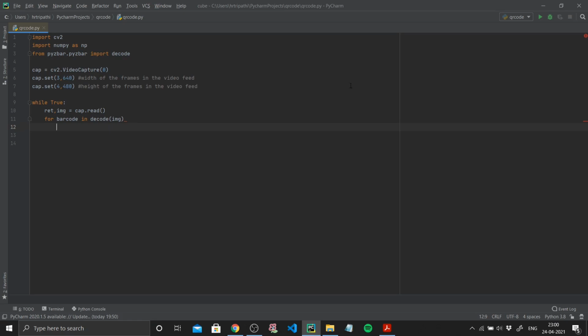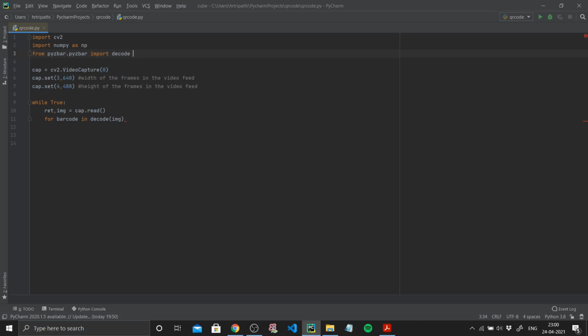What this decode function does, I'll just say rather than commenting it, because it'll take quite some time. The decode function from your pyzbar module returns all the information related to that particular image of your QR code.